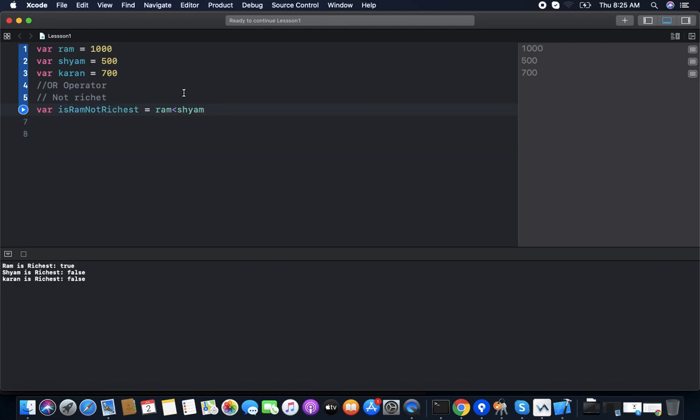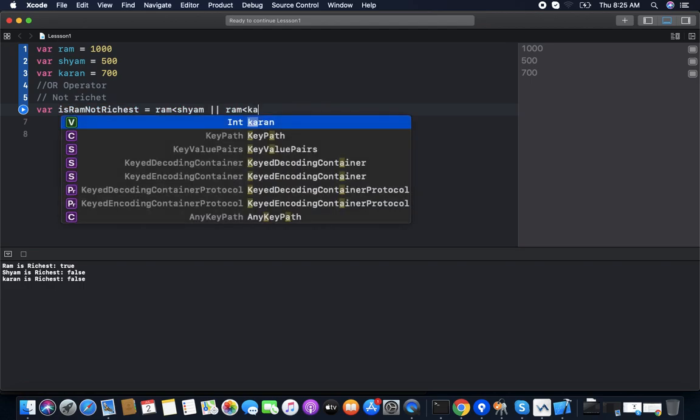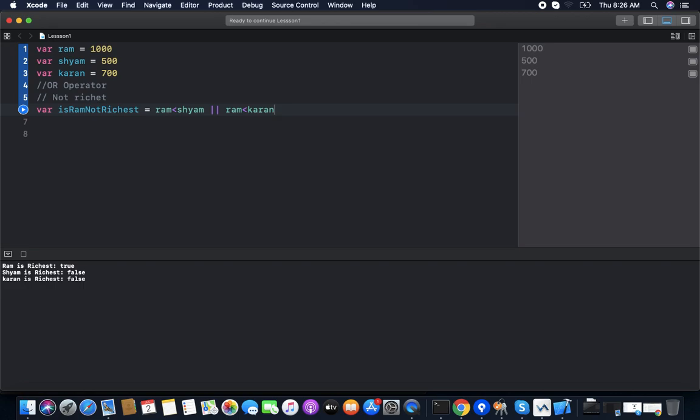In this condition, no. Then we check is Ram less than Karan. This condition, it's no. So both conditions are no, then it will be false. So Ram is not richest, false.